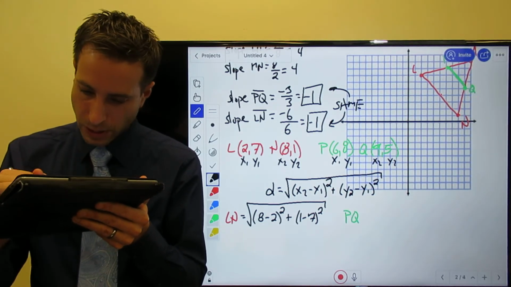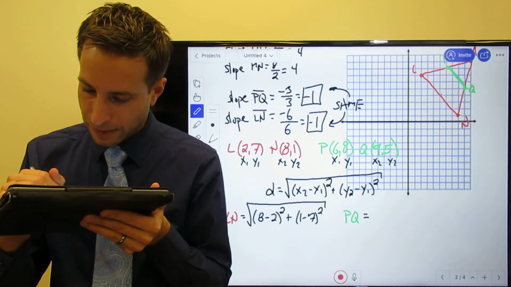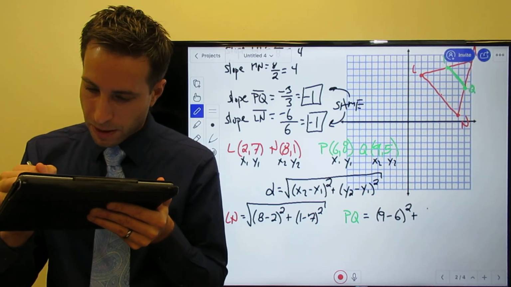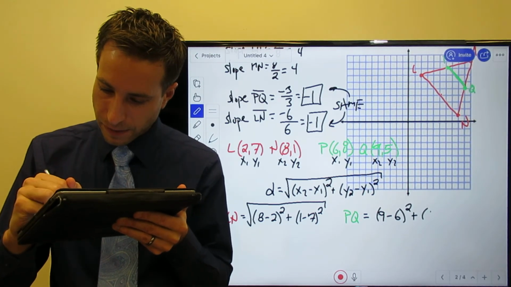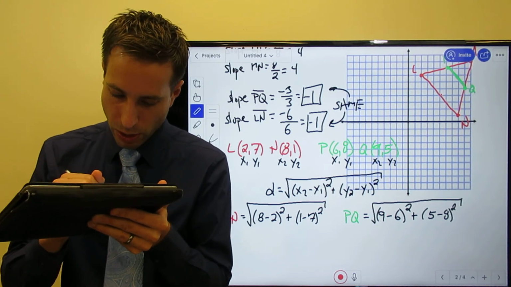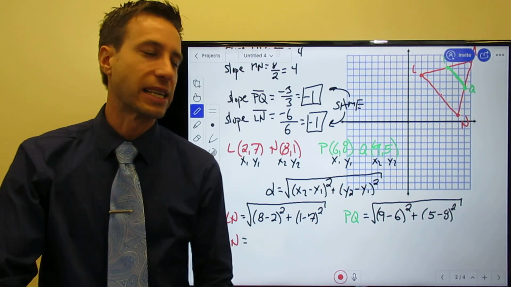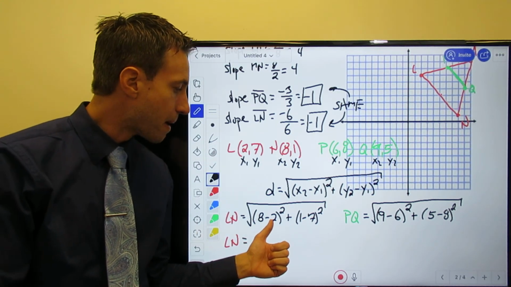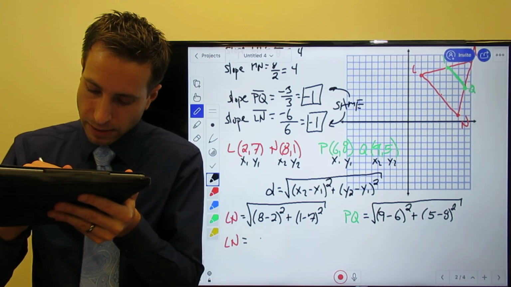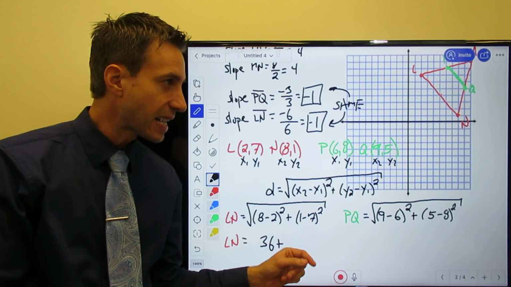PQ, we're going to get 9 minus 6, which will square, plus 5 minus 8, which will square, and take the square root of. Okay, LN. I think you guys can probably do a lot of this in your head. 8 minus 2, of course, is a 6. 6 squared, 36. Okay, so I got a 36. Let's keep going. 1 minus 6, or I'm sorry,